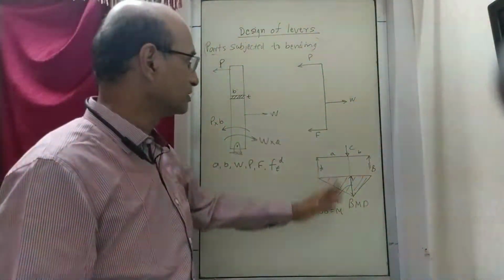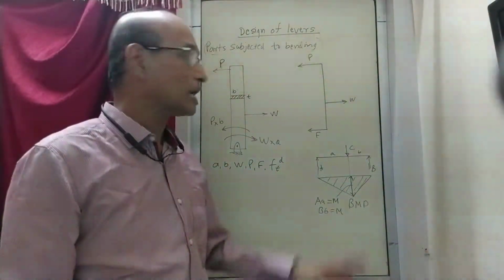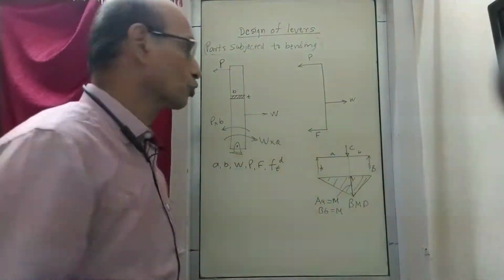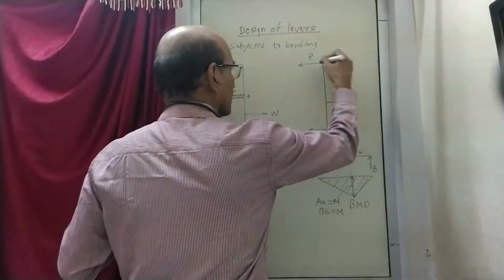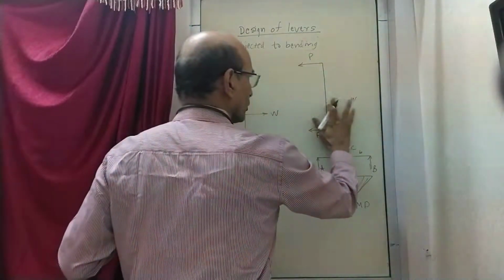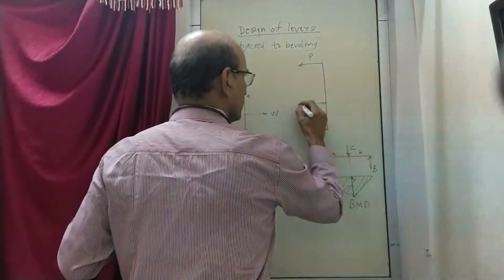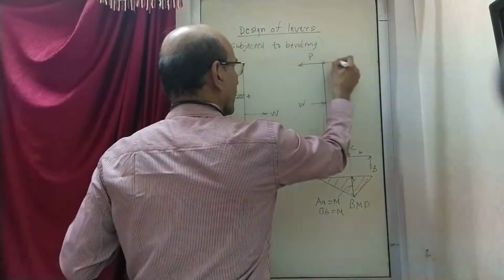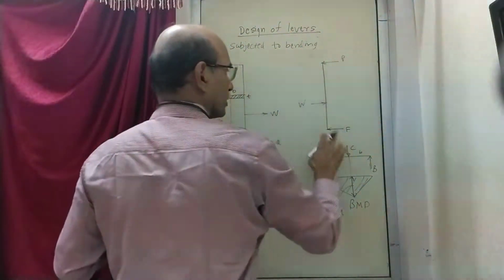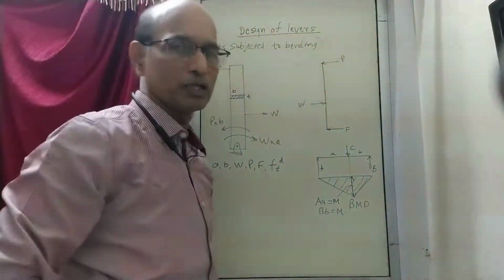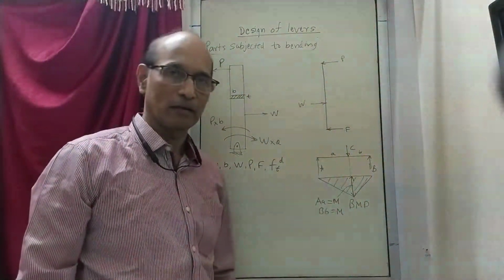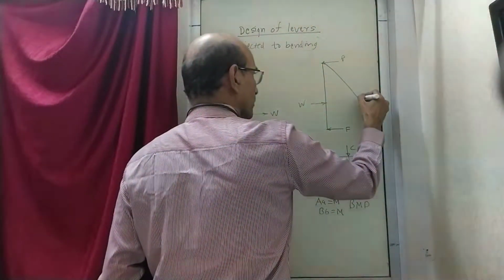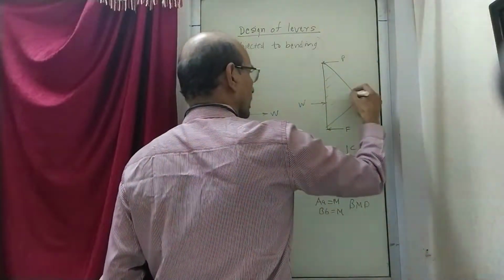Now can you see these diagrams are similar? The way it is shown, it is similar. Same thing. So now here also you will be able to draw the bending moment diagram, because I can show it this way, which is the same. Now you can see this is the same diagram, only its position is different, but otherwise it is the same diagram. So in this case you can draw on the same lines a bending moment diagram like this.